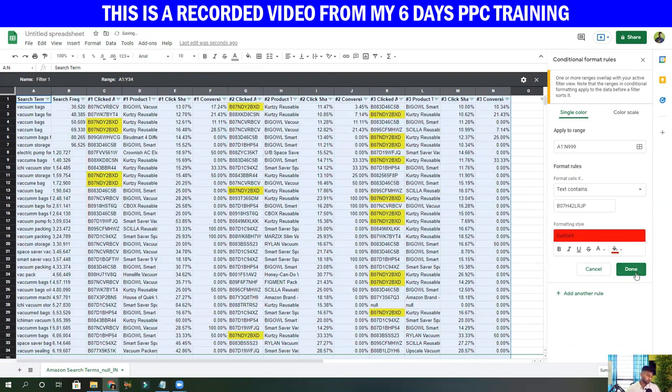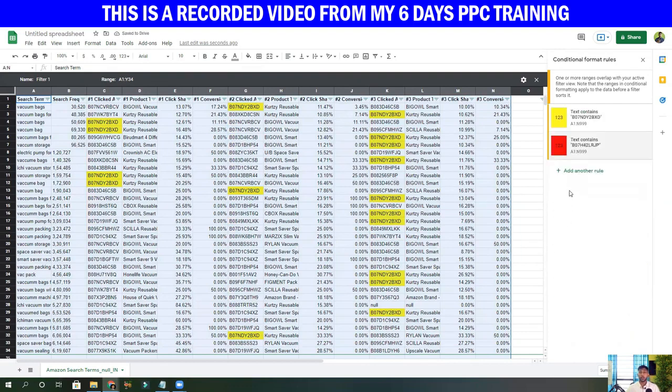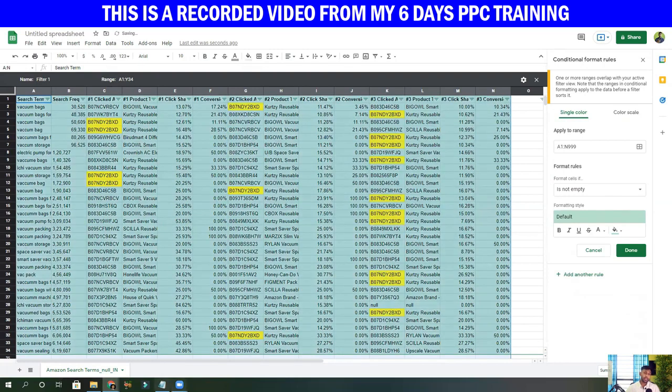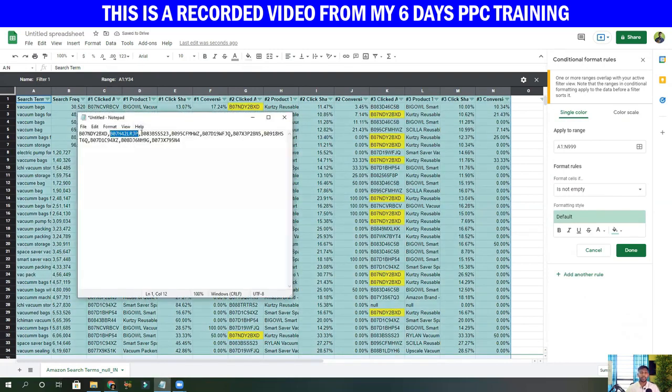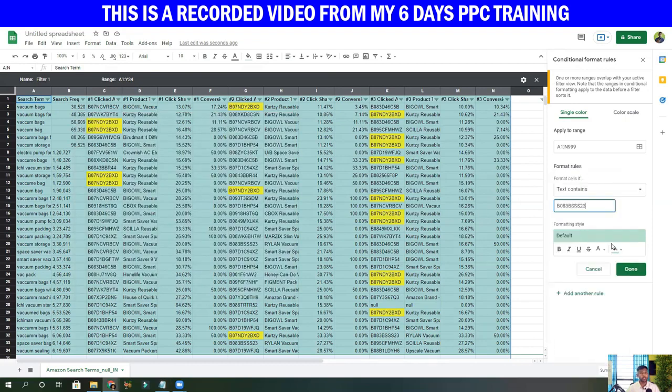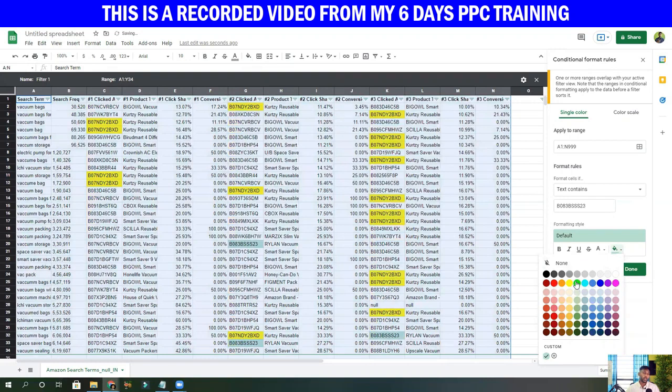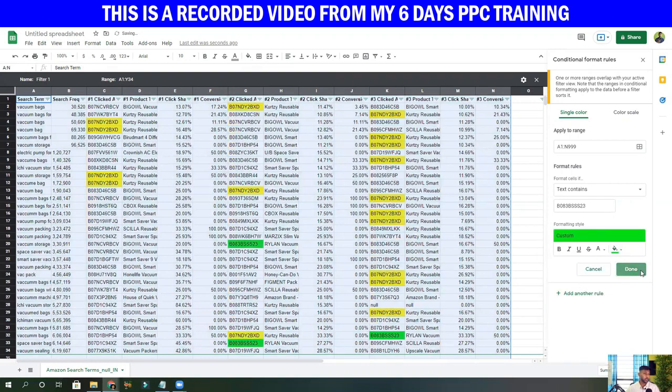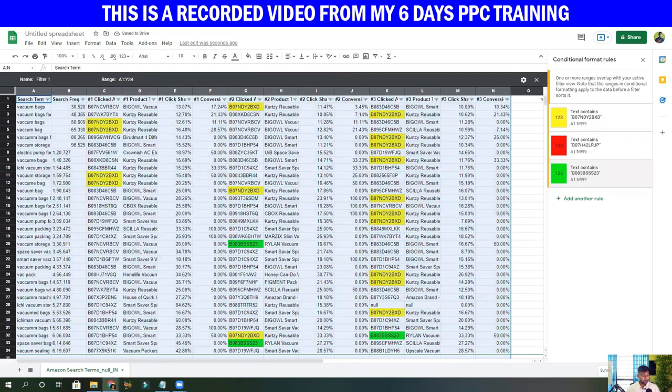So it looks like there are no second ASINs. Let's add another one. It may happen that I mistakenly chose a newly launched product. Then the fourth one.